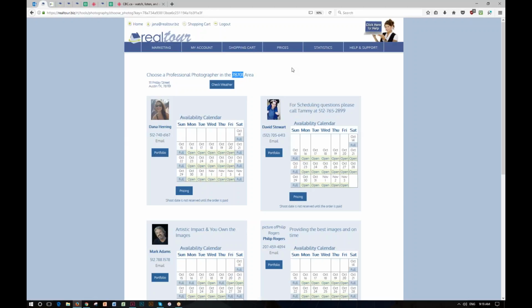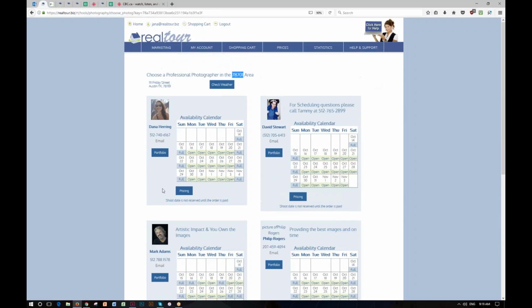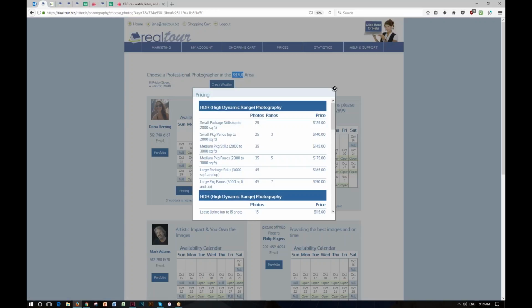Not everybody's going to cover every listing, but these photographers cover this zip code. So I can scroll down and take a look at who's available. Okay, I can click and watch a virtual tour of their portfolios. I can see the dates that they're available on their calendar, and I can click and look at what their pricing is. Now this will pop up and show me the different packages that each photographer offers and the different